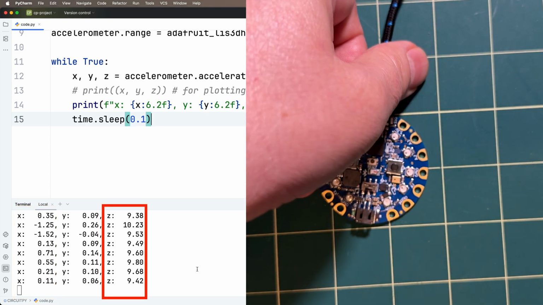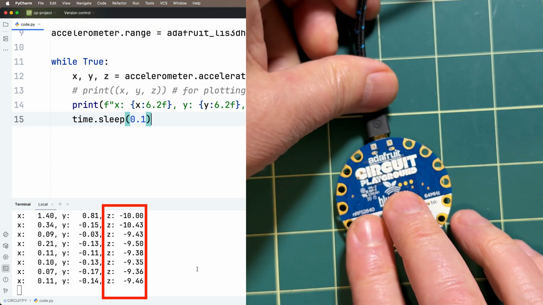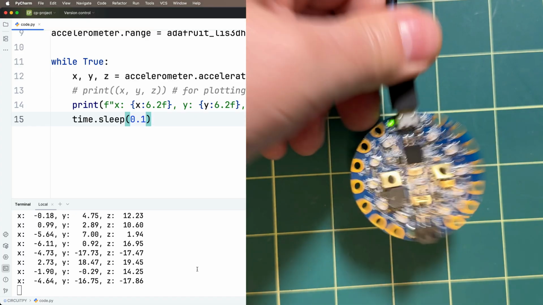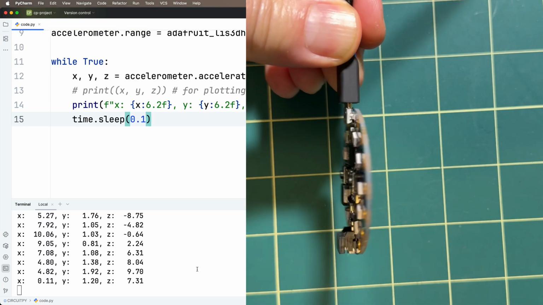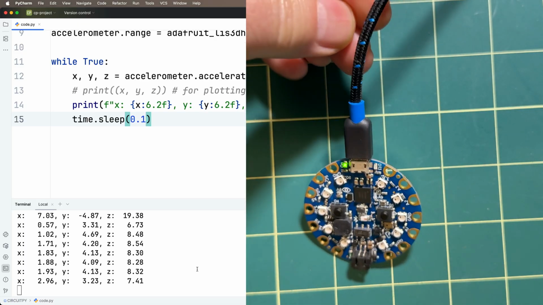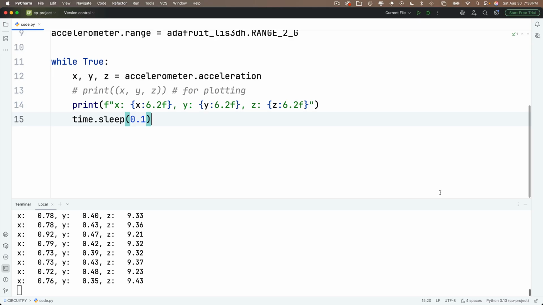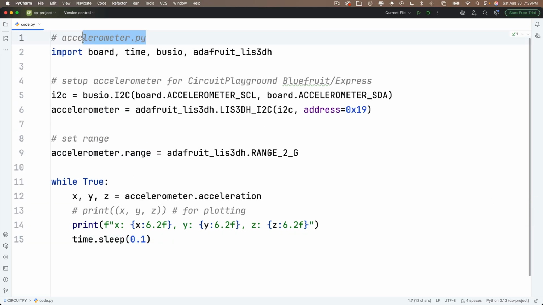And the z-axis is interesting. So it's 9.8 when it's flat like this, but when I flip it over completely, it's around negative 9.8. And then if I shake the board, you can see the values go up greater than 1g, greater than 9.8, or negative 9.8. So move your board around and explore how this changes the output from the different readings for the accelerometer axes. But congratulations, you've got an accelerometer working in CircuitPython,